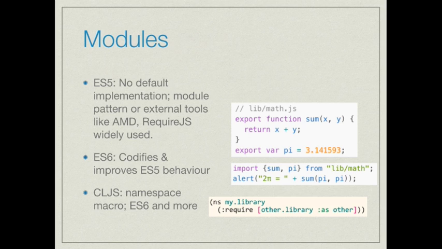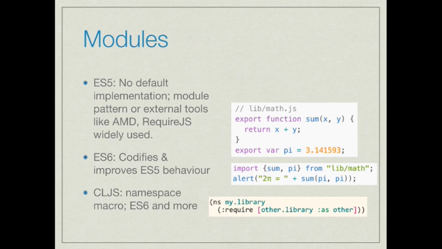For modules, for arranging your code, these were discussed earlier. You have some ad hoc tools at the moment in JavaScript, like AMD or CLJS. They're fine, they work, but they're competing ecosystems in some regard, and they do require some insight from the user into how to use those compilation functions, how to structure your modules in a certain way that the compiler picks up on them. ES6 codifies and improves it, so you now have keywords to export functions and to export variables,